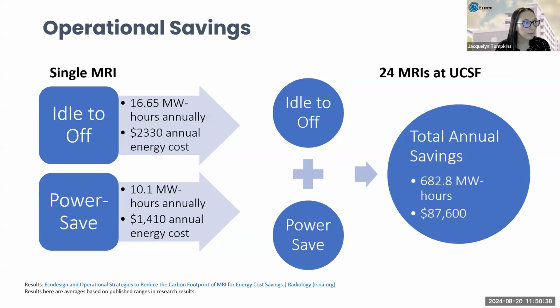So we talked about earlier being able to change the usage of your equipment, how to make sure that your equipment is actually going into a lower power mode. And then we're also looking at pieces of equipment that have power save modes. So UCSF Radiology Department, at the same time, we were helping out UCSF with the MRI study. They were conducting research with Siemens, looking at 4 different MRIs with 3 different manufacturers, all 3T MRIs. And they collected over a 1-month period. And from their findings,